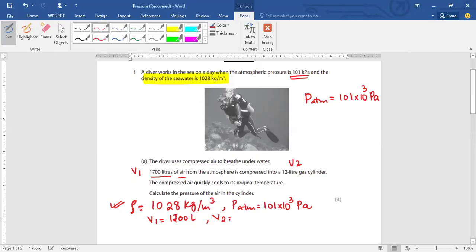Okay, so V2 is going to be 12 liters, right? And the atmospheric pressure that is given to us is going to be, let's say, P1. Let's say P1 is 101 kilopascal, that is 10 to the power 3, right? Now when there is a change of the pressure and a change in the volume, we use Boyle's law, right? And what Boyle's law is about,